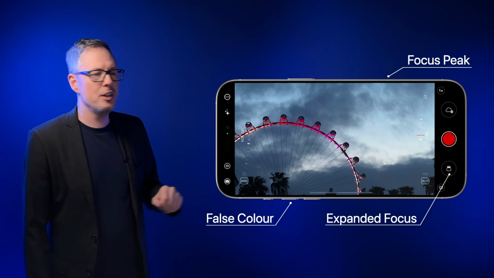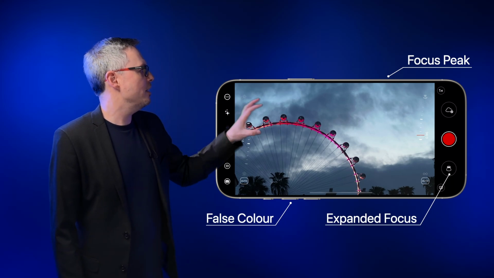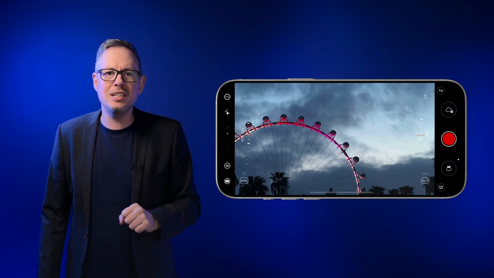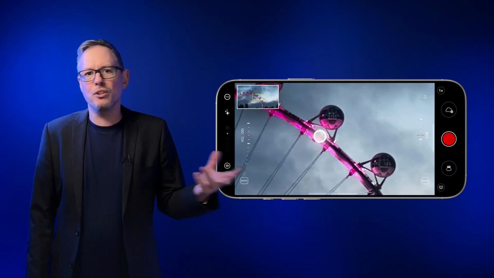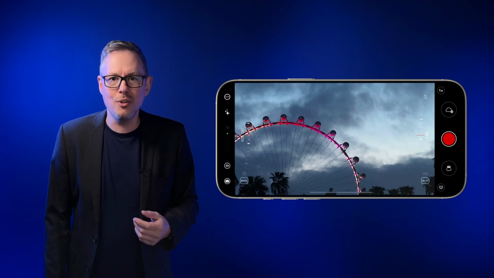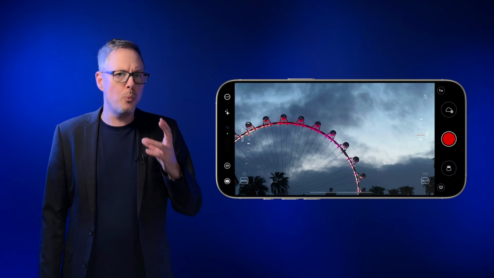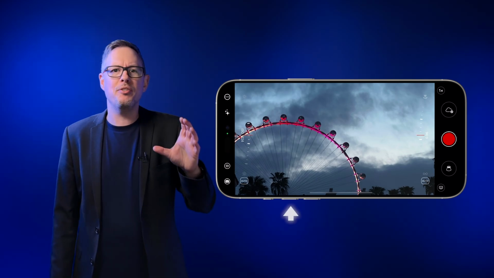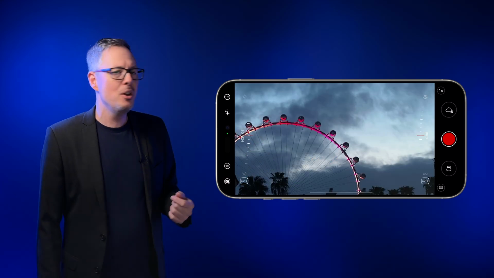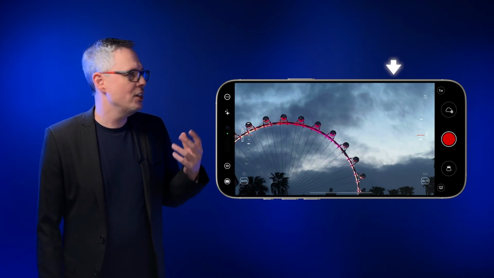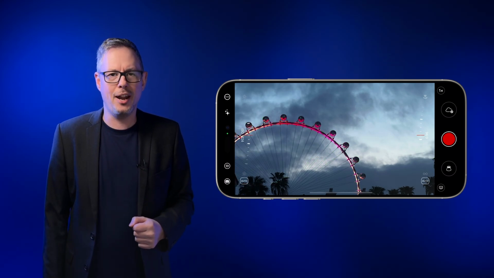And then I'm left with this. I've got false color under my thumb. I've got focus peaking on the top there on my index finger. And then I've got expanded focus on the screen. So it's easy for me to go into the expanded focus, and maybe I'll do this before we start shooting, have a look around just to make sure the shot is right. And then when I'm happy with it, I'm going to start recording. And then, of course, while I'm recording, at any moment, I can just use my thumb to look at that false color, just switch it on and switch it off. And again, I can do the same with the focus peaking, just switch it on and switch it off very rapidly, very quickly, just to make sure what I'm doing is correct.